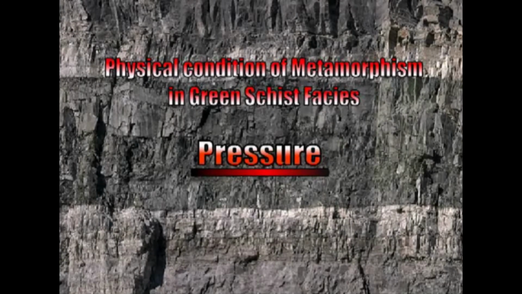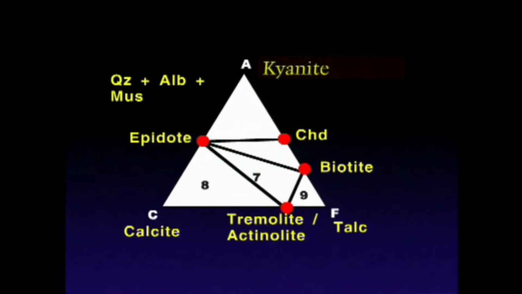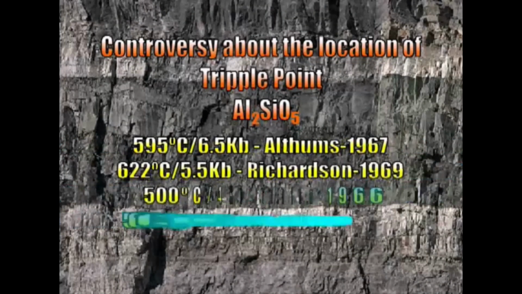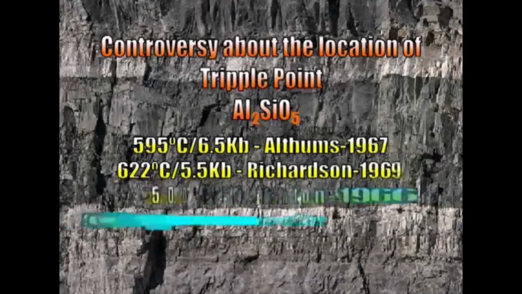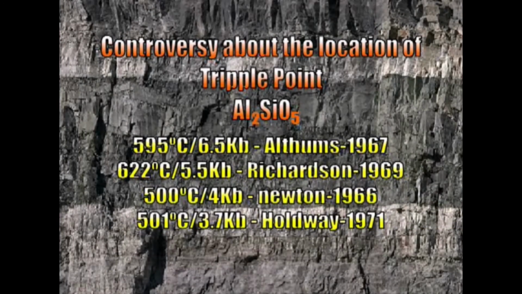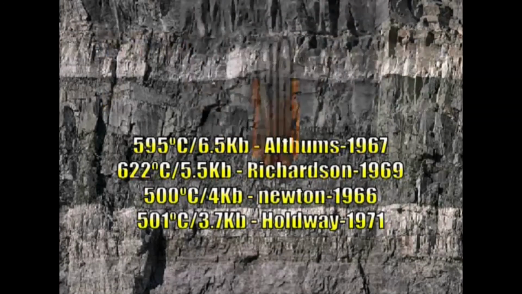The pressure condition during greenschist facies, from the chlorite zone, is decided on the basis of the appearance of kyanite. Because kyanite is stable only above 3.97 kilobar, that is close to 4 kilobar, because kyanite is a high pressure mineral. Therefore, on the basis of the aluminosilicate triple point given by Holdaway in 1971, that is 501 degrees centigrade and 3.76 kilobar,